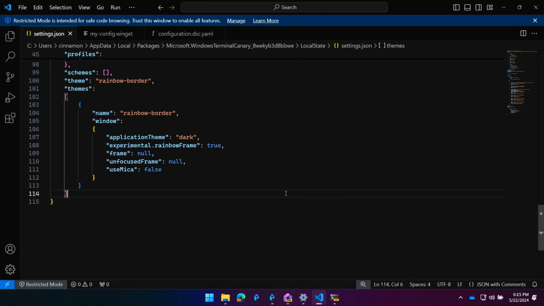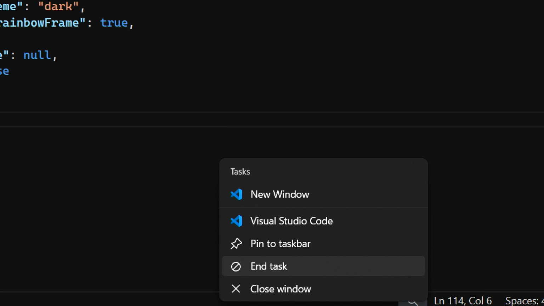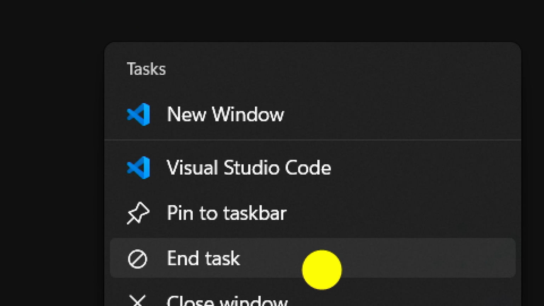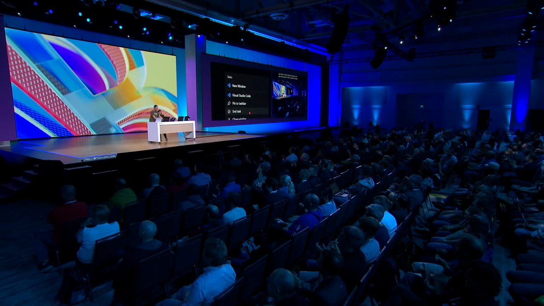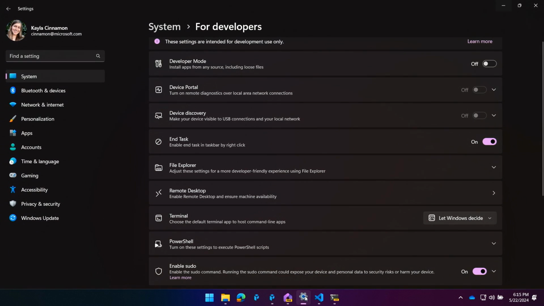Just cool. And the last little tip I'll leave you with, and then I'll go run off and bring Maddie up here, is this new feature we added where we put end task in the context menu of the taskbar. Ah, that's stuff that should have been in Windows from the very beginning. Exactly. Now we're cooking. That's fantastic. Very cool. Thanks for showing me that. And to enable this, you can just turn this on in your developer settings over here, and then you should be good to go.